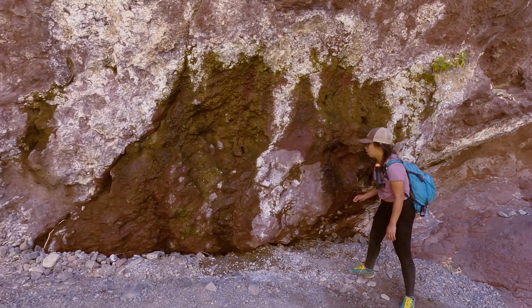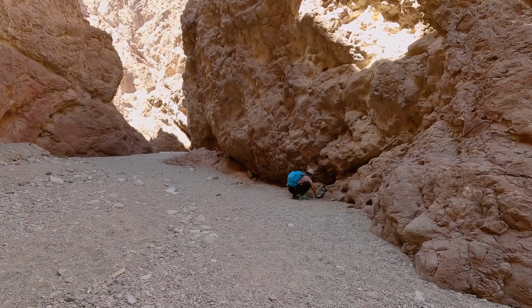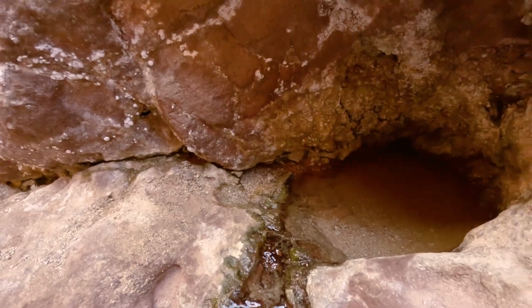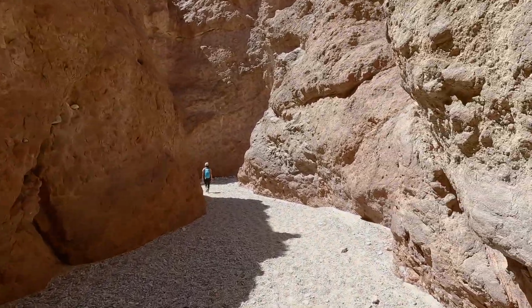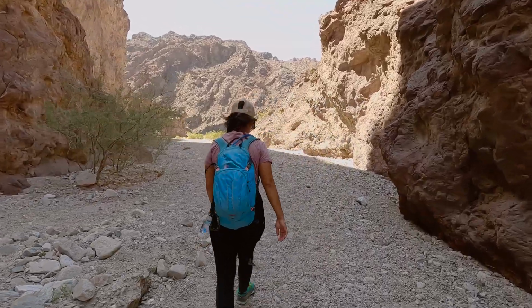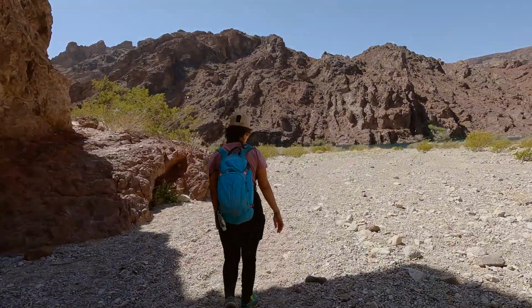We thought that we were getting close to the hot springs when we saw water seeping out of the rock walls. But it turns out that we still had a somewhat strenuous 3/4 of a mile to go. We were definitely making progress though, and as we rounded a couple more corners, the Colorado River started to come into sight. And not only that, but the mountains that you see in the background, that's Nevada, so you're actually